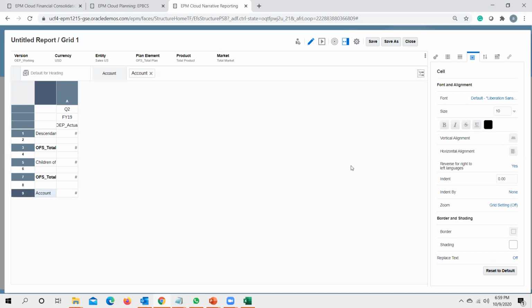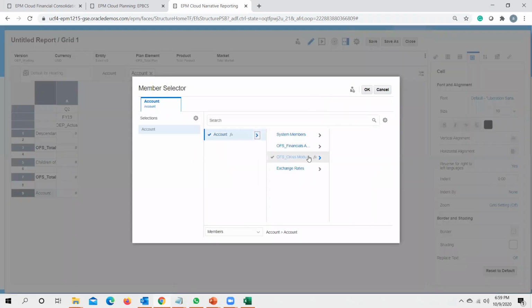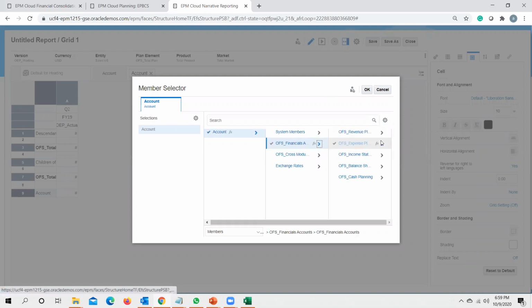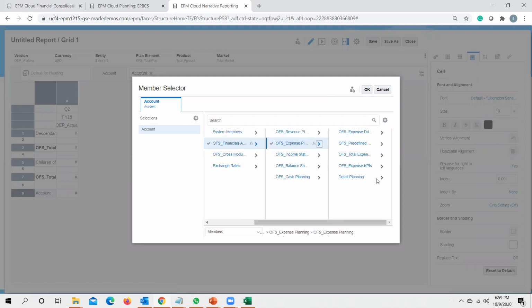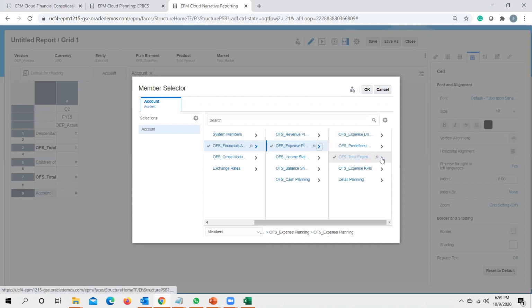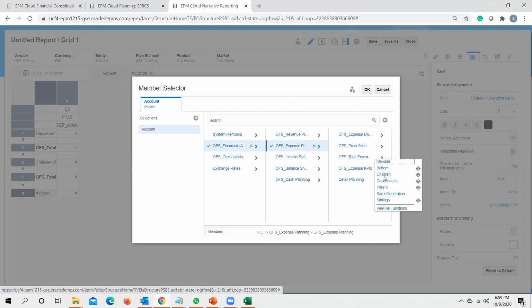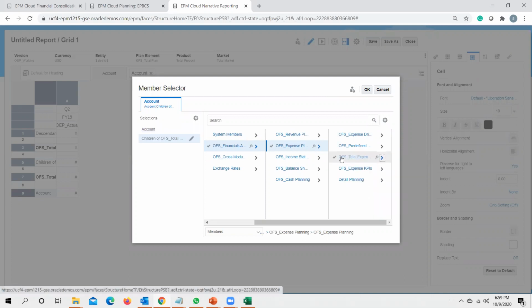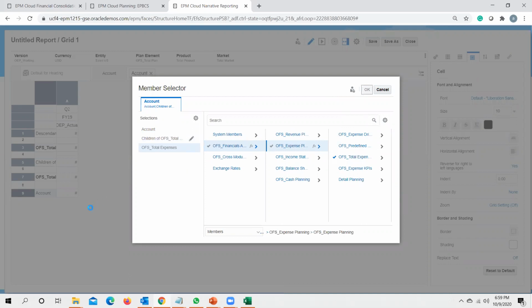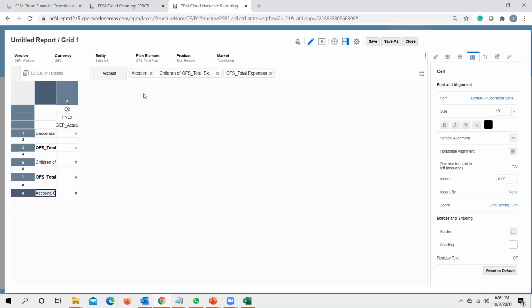So I click select members. I go to accounts, financial accounts and expense planning. I have my total expenses. Let me take it as children of total expenses and OFS total expense. Just click OK and I separate these rows.